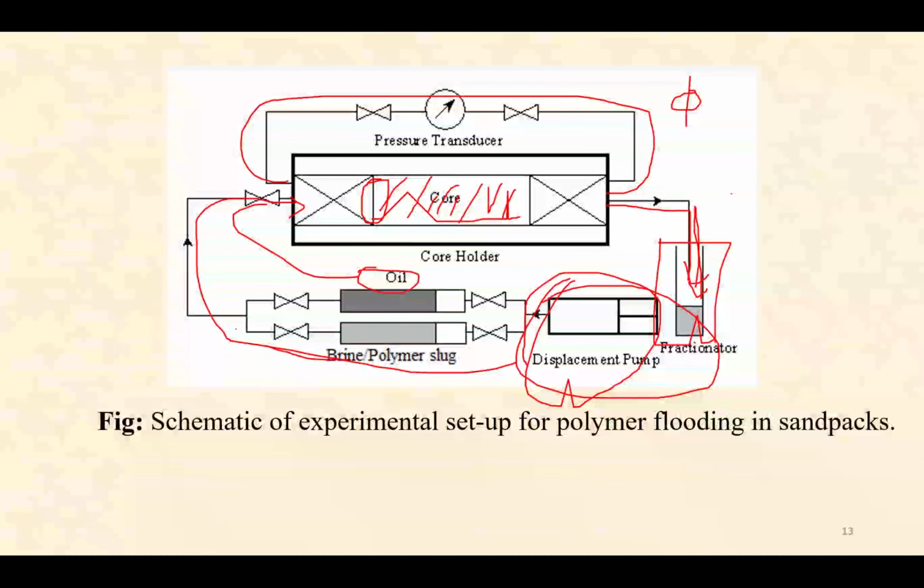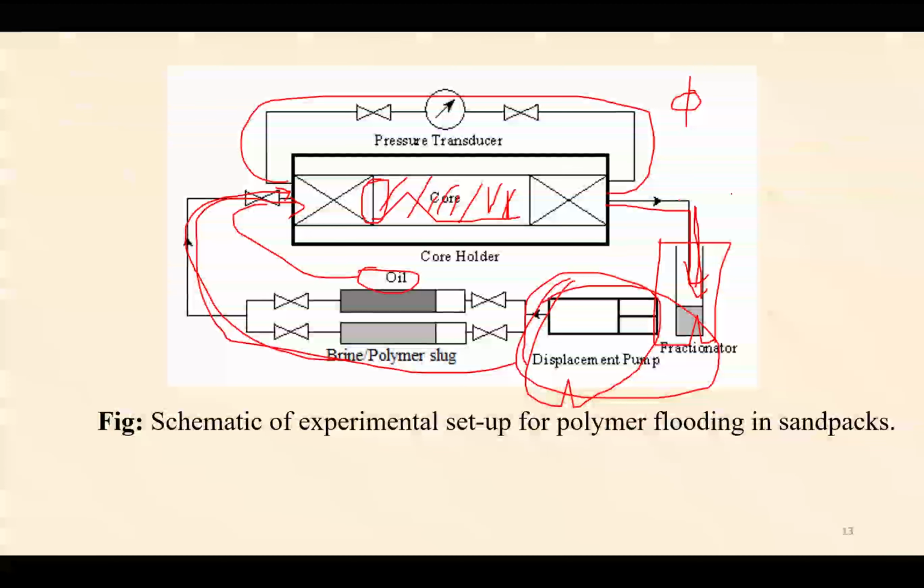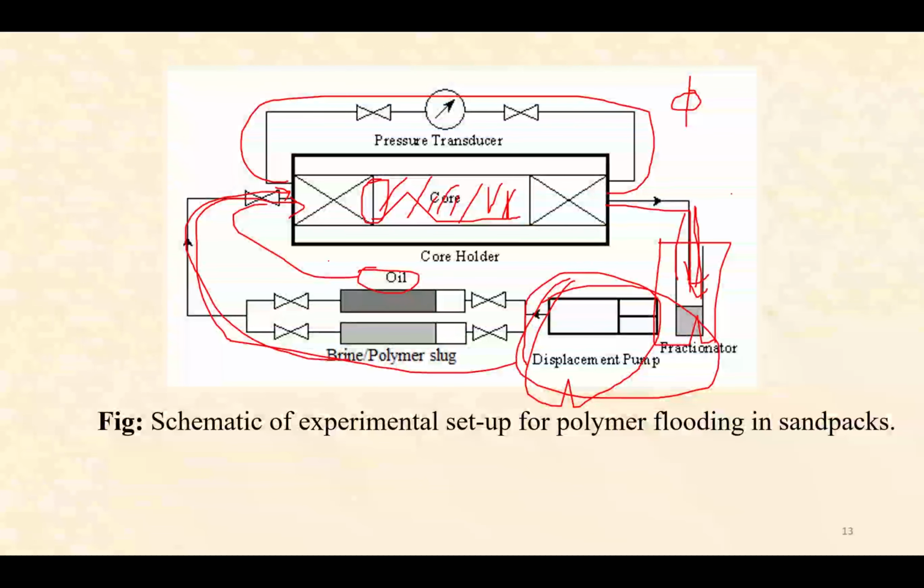Then you have to again inject brine. This brine will displace the oil, and the crude oil will be produced. After some time, as you are injecting brine, both crude oil and water will be produced. And at some point you'll find that mostly water is coming out, and that actually happens